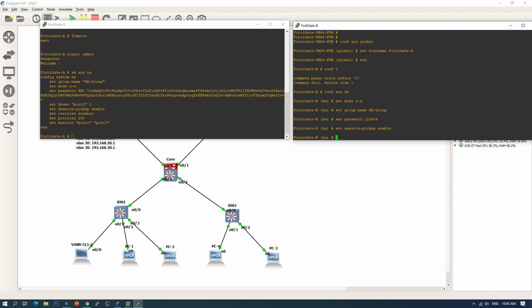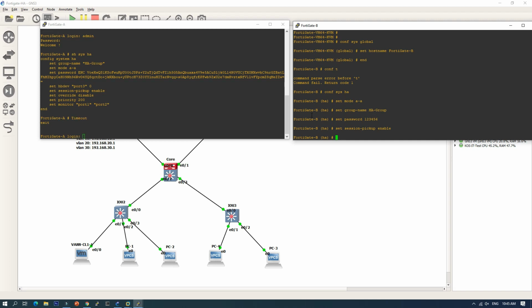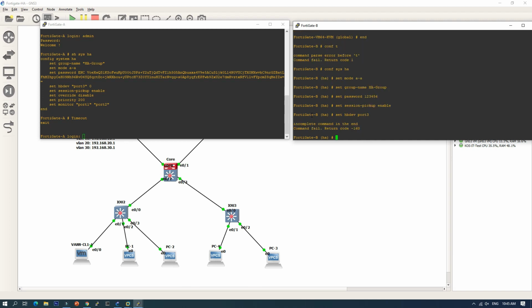One more thing we need to set is the heartbeat. It is very important for the heartbeat because the FortiGate needs that heartbeat link. So set hbdev port3 0.